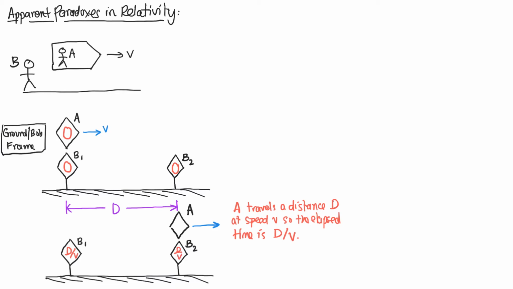Okay. What about Alice's clock? Well, by time dilation, Alice's clock is a moving clock, and so it's going to tick less than d over v by a factor of gamma. Remember, delta t moving is less than delta t rest by this factor of gamma. In this case, Alice is the moving clock, Bob's at rest. Delta t for Bob was d over v, and so delta t moving will be d over gamma v. So we can put that in to Alice's clock.